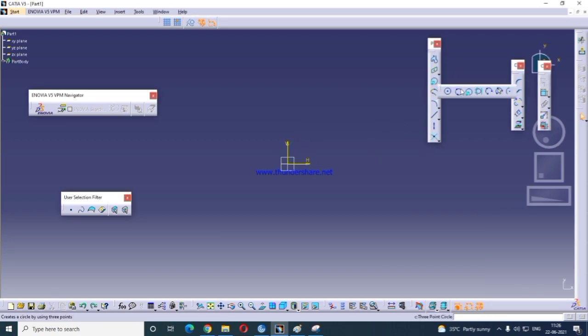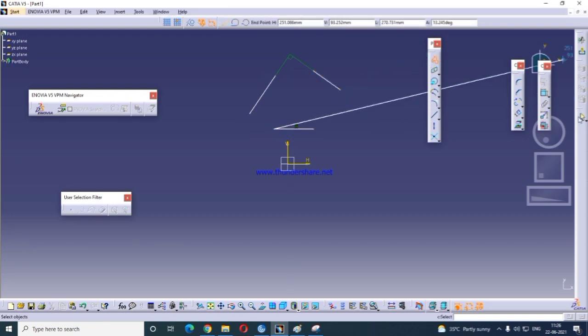Next, Tritangent Circle. If you have 3 lines like this, by clicking these 3 lines, it will create the circle.